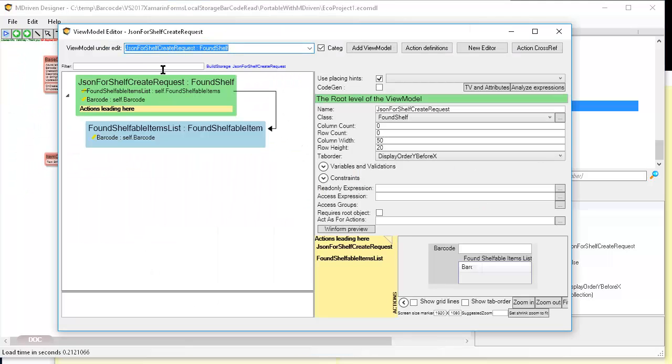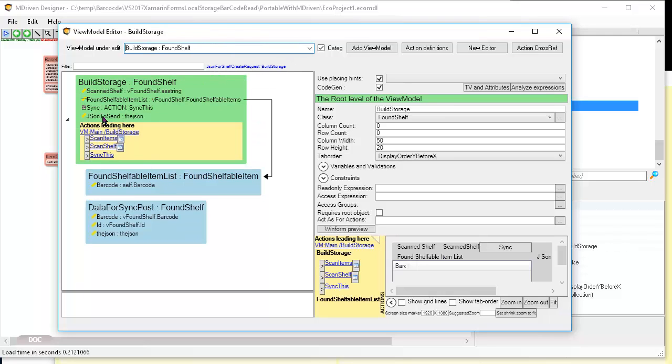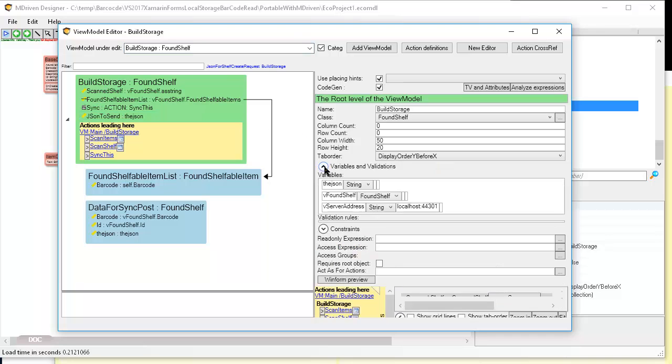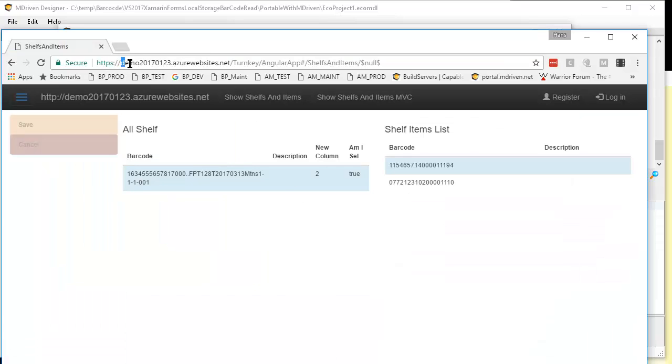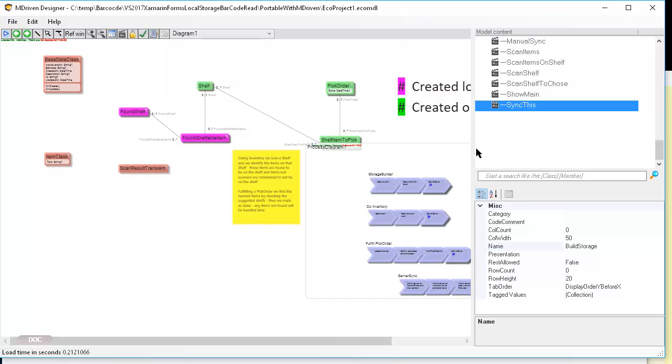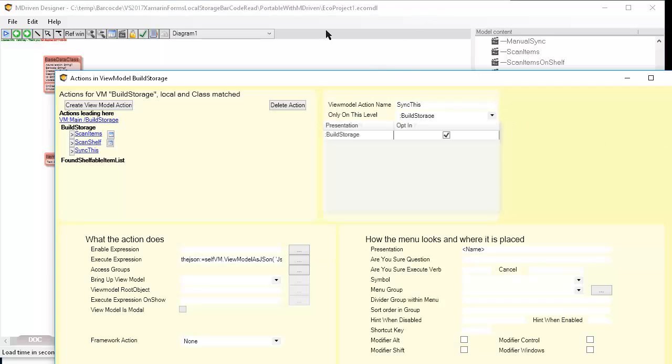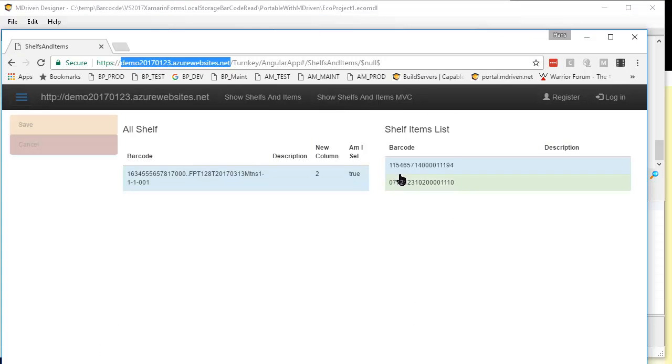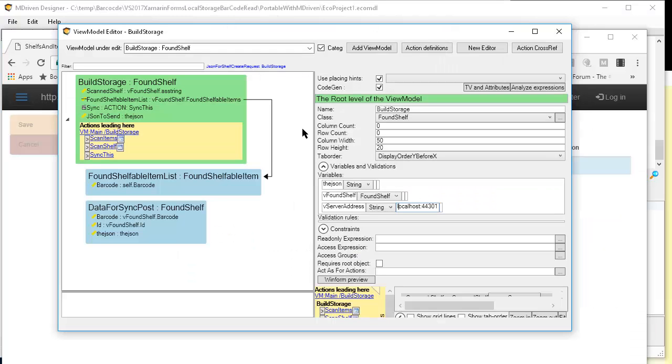I just need to check one thing, the build storage, because I think I had this server address set to localhost, but what I need it to be now is the demo Azure websites.net, because I want it on the server. I'm not going to run this locally now. So where did it go? Where did it go? Here. I'm going to change this one to